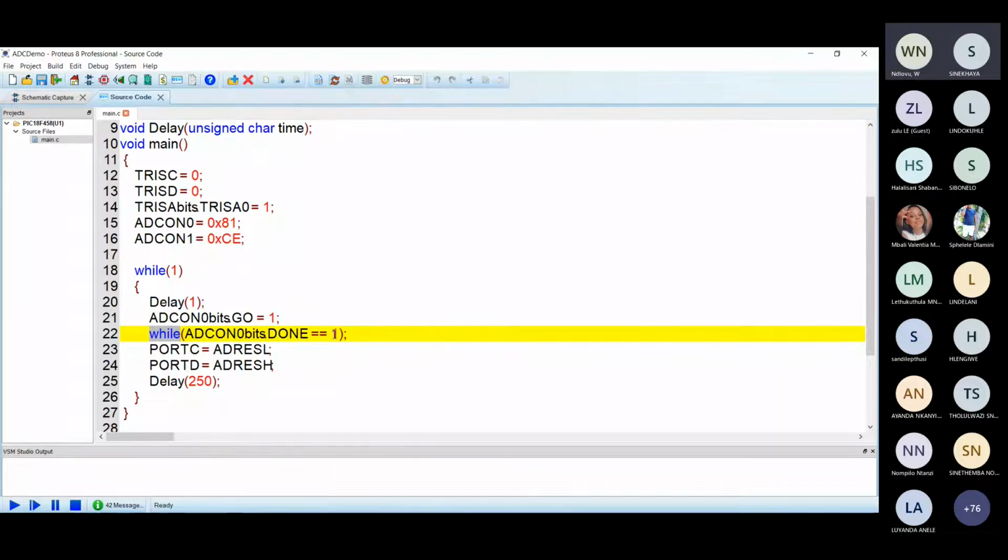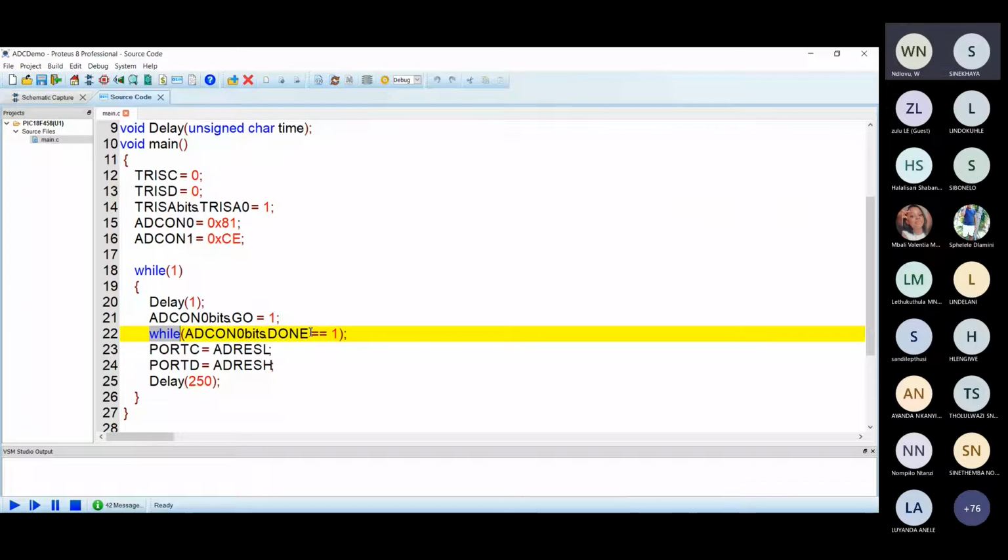This is how the ADCON works then, guys. I put a 1 there to start the conversion. And this bit will remain a 1. And when it has finished the conversion, depending on how long it takes to convert your number, we'll look at the conversion time now. When it has finished the conversion and the result is available, this bit will become a 0. So in your program, you put a 1 there and wait for this bit to become a 0. When this bit becomes a 0, it means the converter has been able to convert your value to digital and